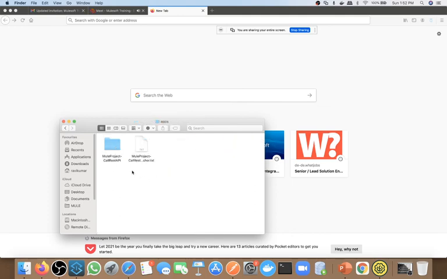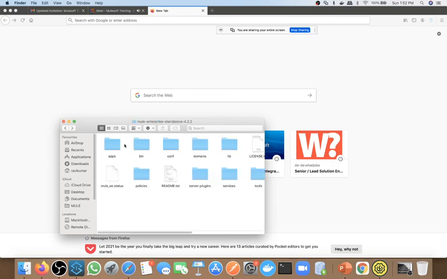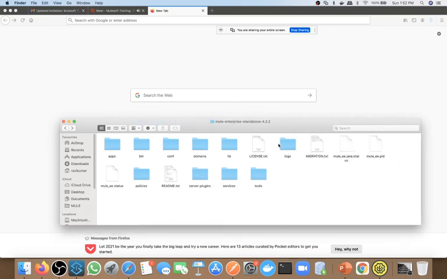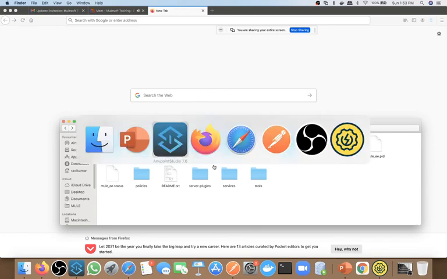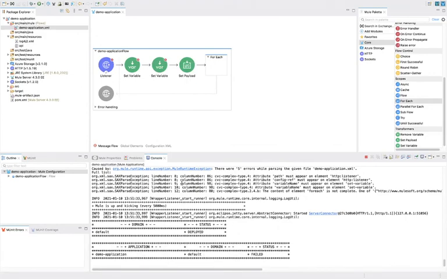Whenever you deploy any application, you will get your application inside the app folder. You will see we have multiple folders. You have the log folder, where you will get all the logs. Inside the library folder you will get all the resources. Once you start this, there are 2-3 steps to start it. I will show it once, but currently we will do our deployment in the integrated Mule runtime only, so we can deploy inside Anypoint Studio.